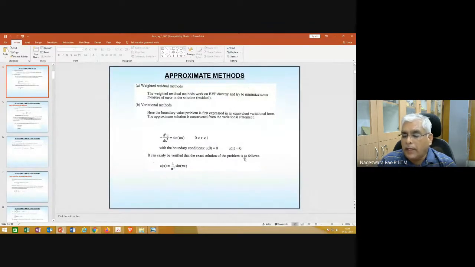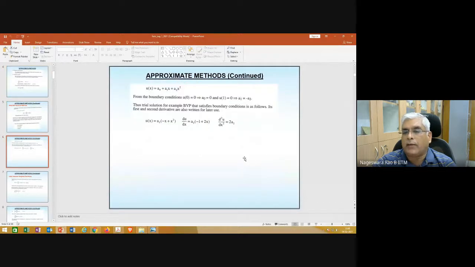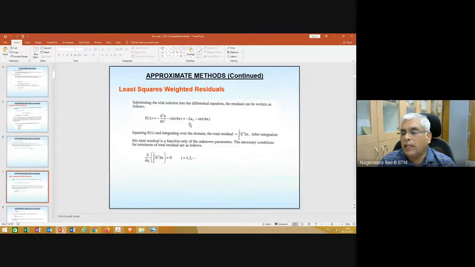Okay? And we defined error function like this, and this error function is integrated over the problem domain. This error or the square of the error is integrated over the problem domain. So this is what is called domain residual, or residual associated with the domain. You please make a note in your notebook. This is what is called domain residual, the error in the domain of the problem, or weighted error in the domain of the problem.